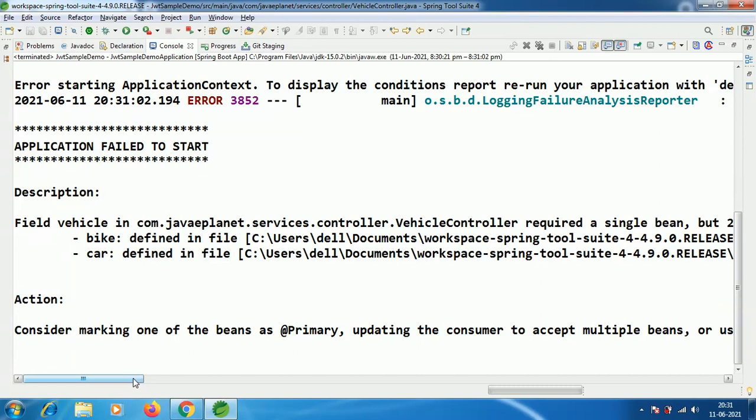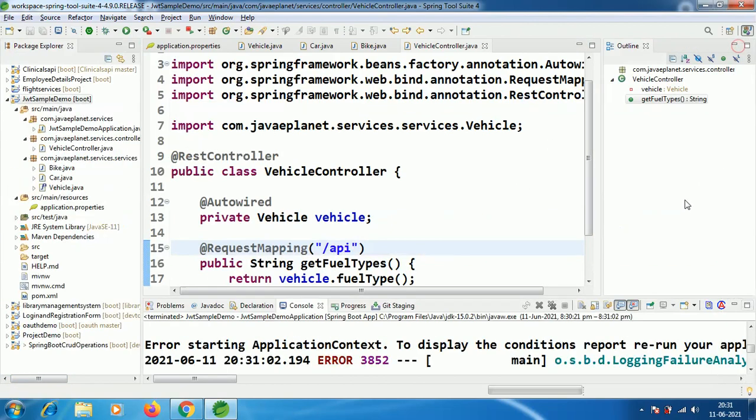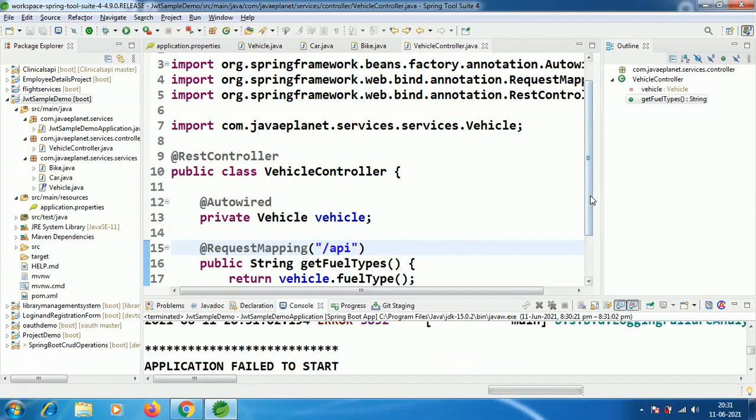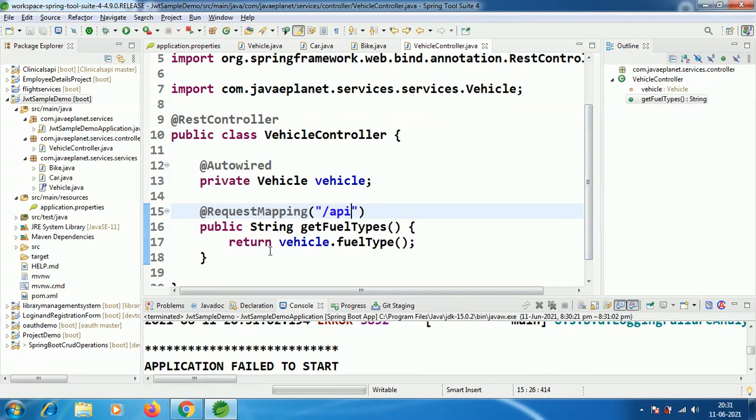What happened? Let me discuss. We have created one method in the controller class, getFuelTypes, which returns a String. This fuelType is the abstract method we are calling from the service interface. We have overridden fuelType in both the Car and Bike classes, and that forms the ambiguity.